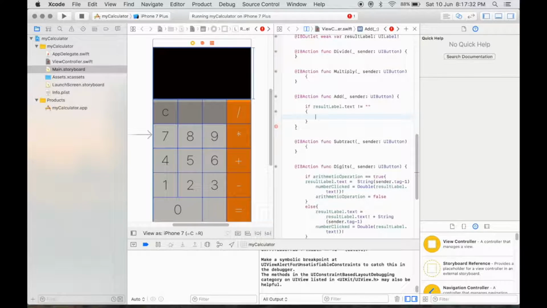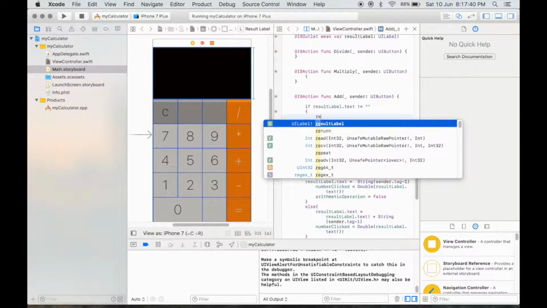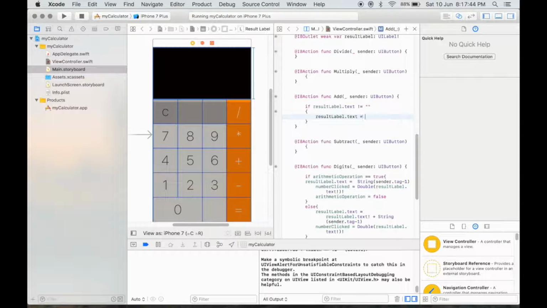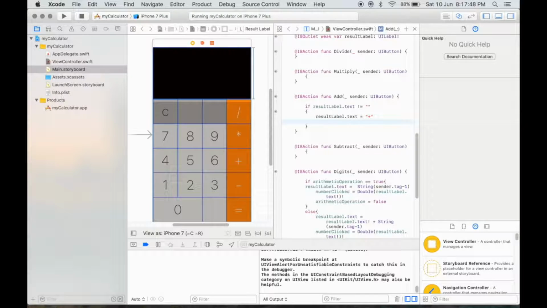Only then we will display the symbol or the operator that has been clicked by the user, that is the plus operator. So we'll display that, result label dot text is equal to plus. And we'll store this operation into a variable because in the equal function we need to display the result depending upon the operation that is clicked by the user.